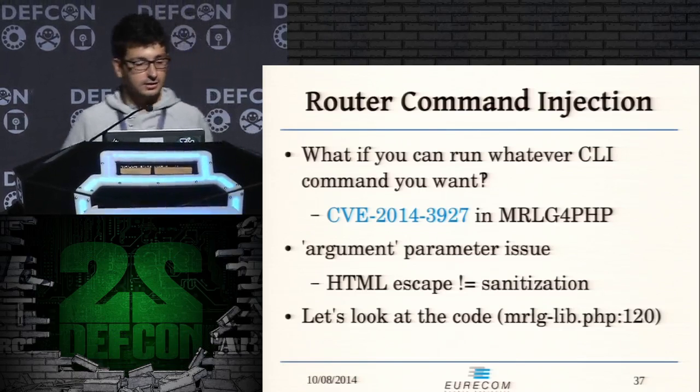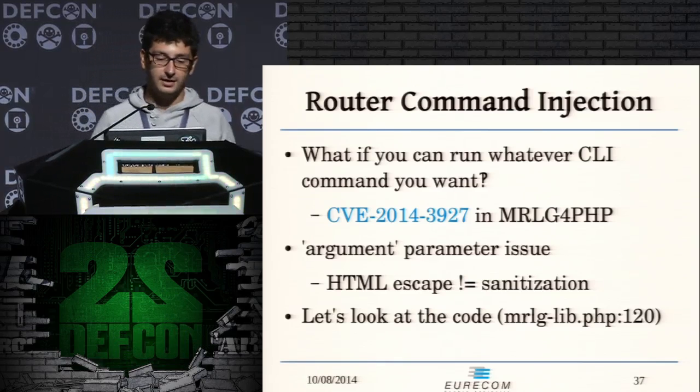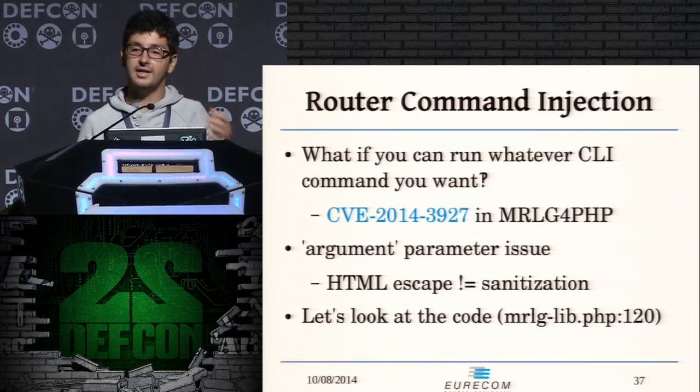Now, this is the big part of our talk. Basically, here we have a router command injection. If we remember the looking glass definition, we can easily understand that the attacker's dream is...